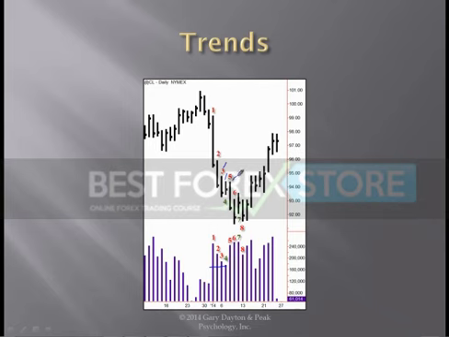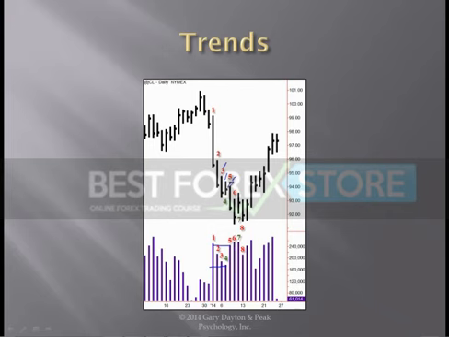And of course on bar 5, we get what we expect, more supply coming in. But now we have a pickup in volume. It's almost the same as bar 1, and we're not getting the kind of spread that we had on bar 1. So this is now starting to get long in the tooth. It's starting to get mature in here. And how do we know that? Because the volume has been pretty heavy, and we're not getting strong ease of movement down like we were when we first started.